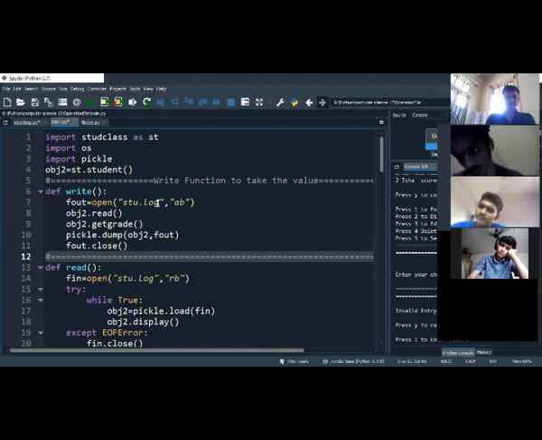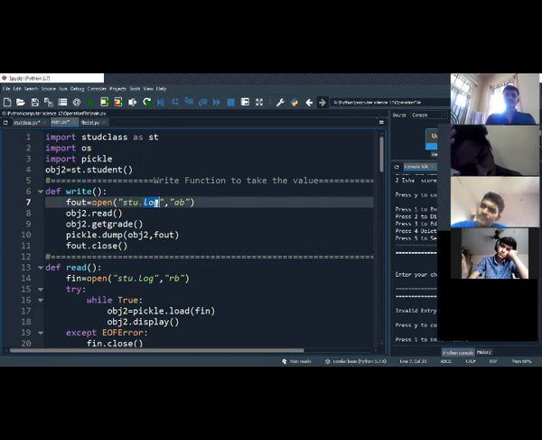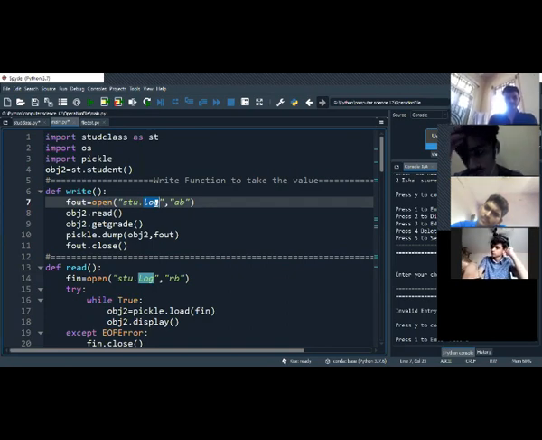Here it can be log also and dat also. Both can be used here. I have used log and you can use dat also. There is no problem in this. But when you use these, you should write AB, not only A. A is for text file. The difference is that AB will create a text file in binary mode and DAT will create a data file in binary mode. That's the only difference.